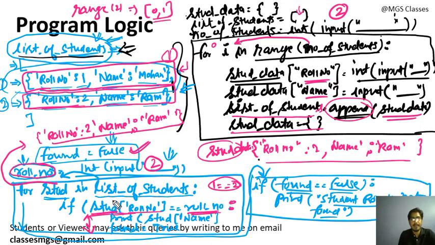Okay, now what will happen, this stud roll number, this time it will be 2. 2 equals 2, the roll number that we are searching. So 2 equals 2, condition true. In that case we will print the student name. The student name can be accessed because stud has the dictionary. So for name we are passing the key, and stud is the dictionary name. So stud bracket name. Then we are printing the name of the student. The name of the student, Ram, will be printed, and this found will become true. Initially it was false, it will become true.